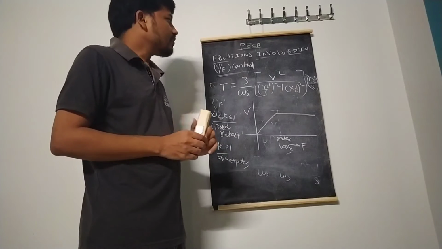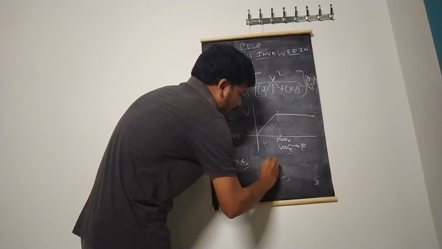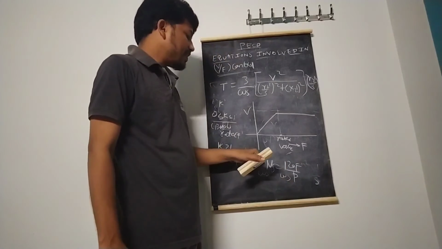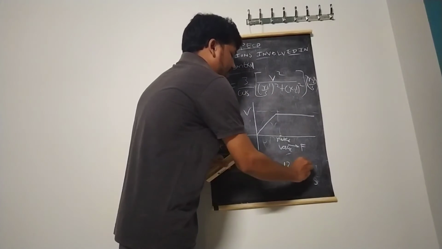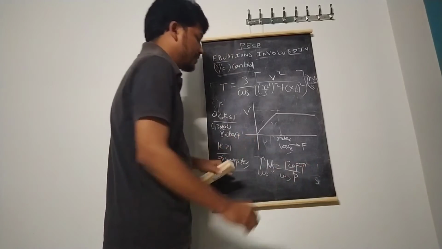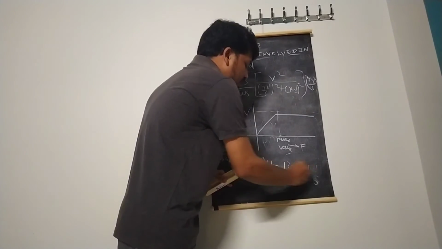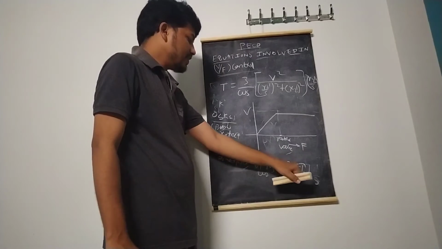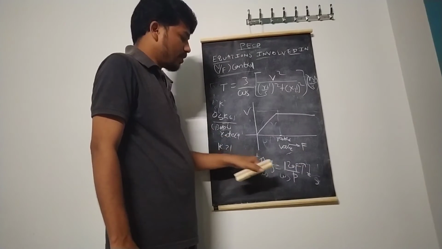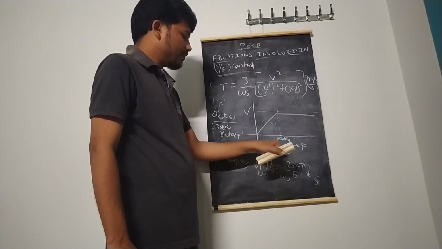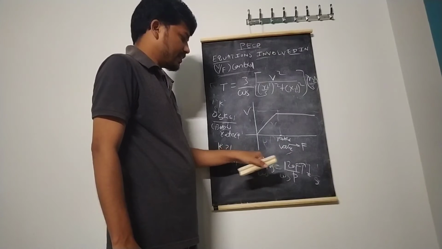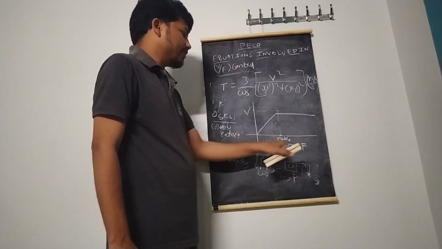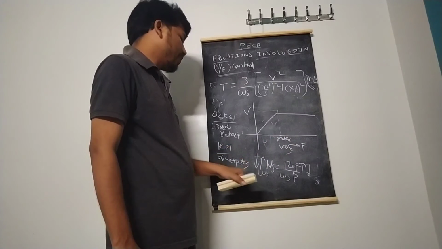Because in the case of induction motor, we know the well-known equation Ns is equal to 120 F by P. For higher values of speed, we need higher values of frequency, that is, above rated frequency. Lower values of frequency give lower values of speed. If the frequency increases, Ns increases; if the frequency decreases, Ns decreases. Therefore, increasing frequency is nothing but above rated frequency, and decreasing frequency is nothing but below rated frequency.